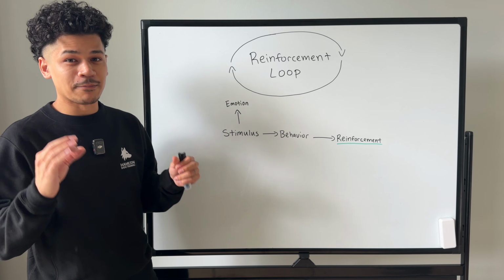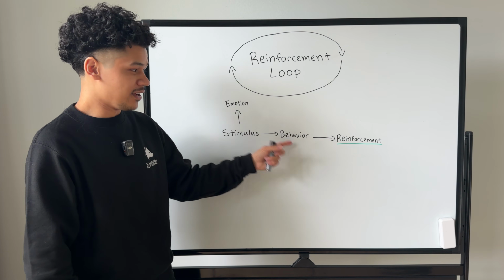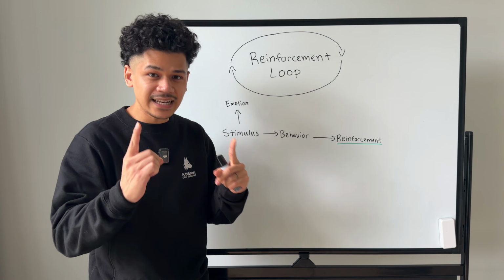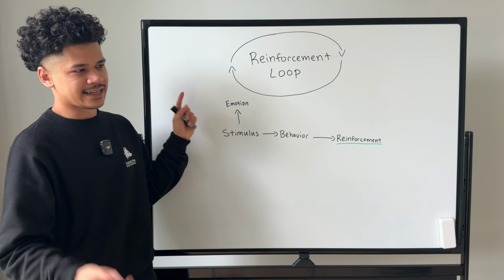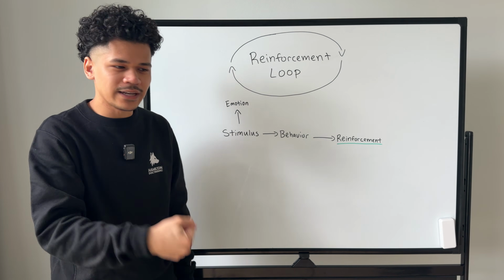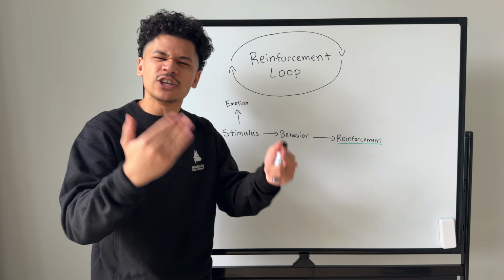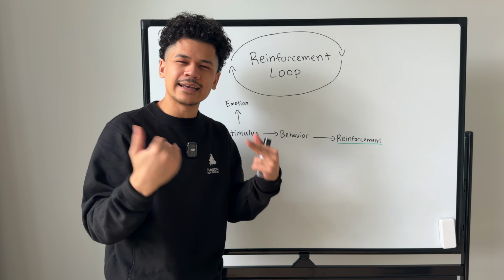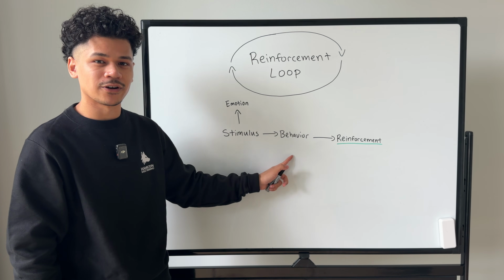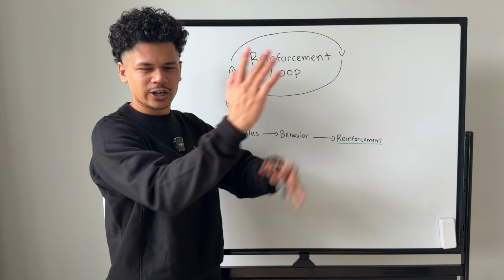But here's another thing that most reactive dog owners and dog trainers do not understand. This behavior can be self-reinforcing. Meaning, if you've got a dog, let's say they get excited and lose their mind whenever they see other dogs, even if nothing good happens, even if you never let them go and say hi to start playing with that other dog, your dog continues to offer that behavior again and again and again. Why? Because they simply enjoy performing that behavior. They like it. They like dumping all that arousal out and barking and lunging at the other dog.